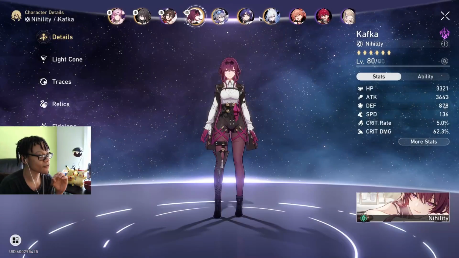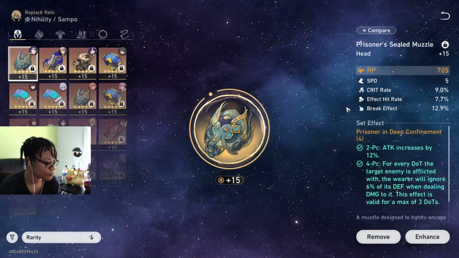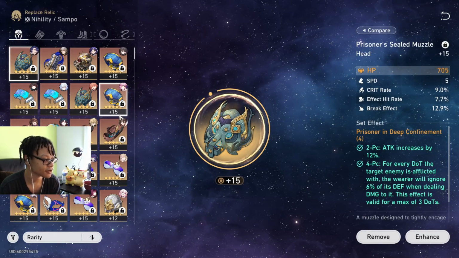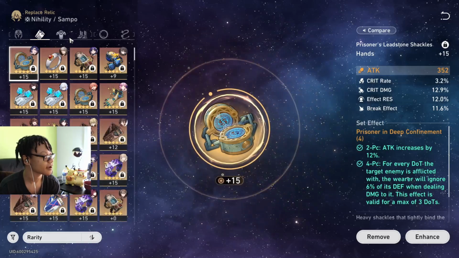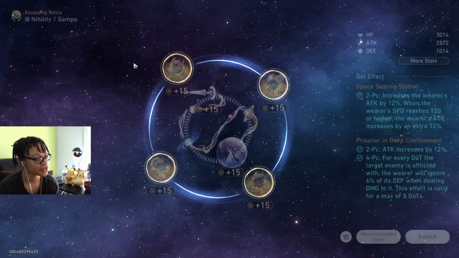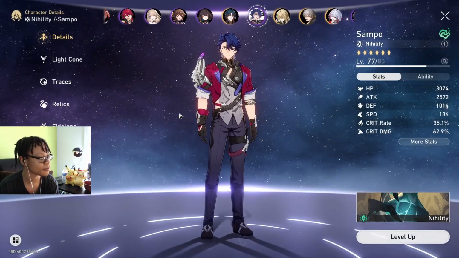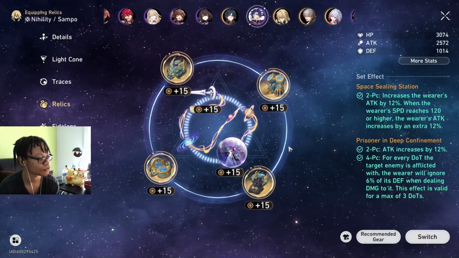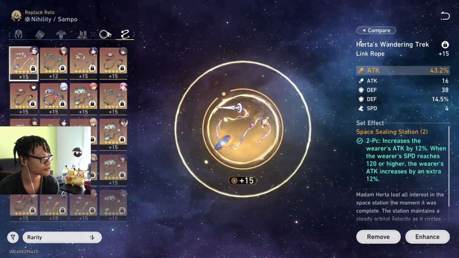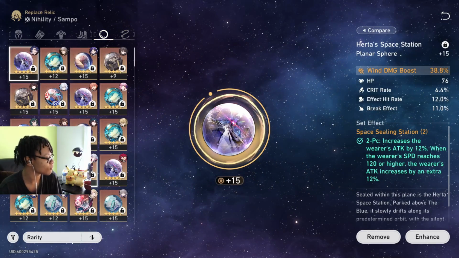Now, talking about her relics specifically, for the 4-piece dot set, you're going to be looking for classic dot stuff: speed, effect hit rate, attack percent, stuff like that. Trying to get effect hit rate body. You 100% want an effect hit rate body. I'm sitting at, how much effect hit rate right now? I'm sitting at 73, not going to be enough, but I'll try to get it up because I'll be looking for more rolls on my stuff. Try to get more effect hit rate sub rolls because I won't be using Space Sealing Station and everything, obviously. On her planar, you definitely want to have...